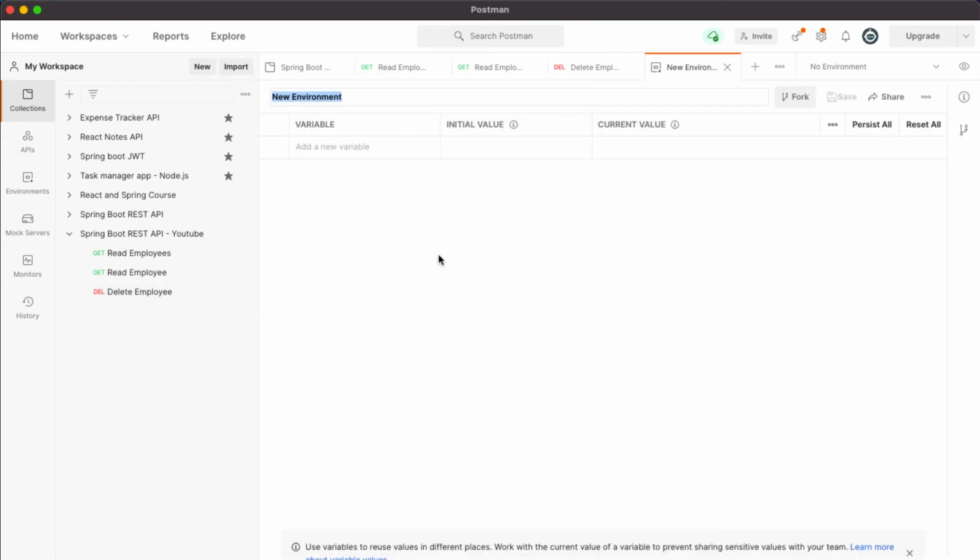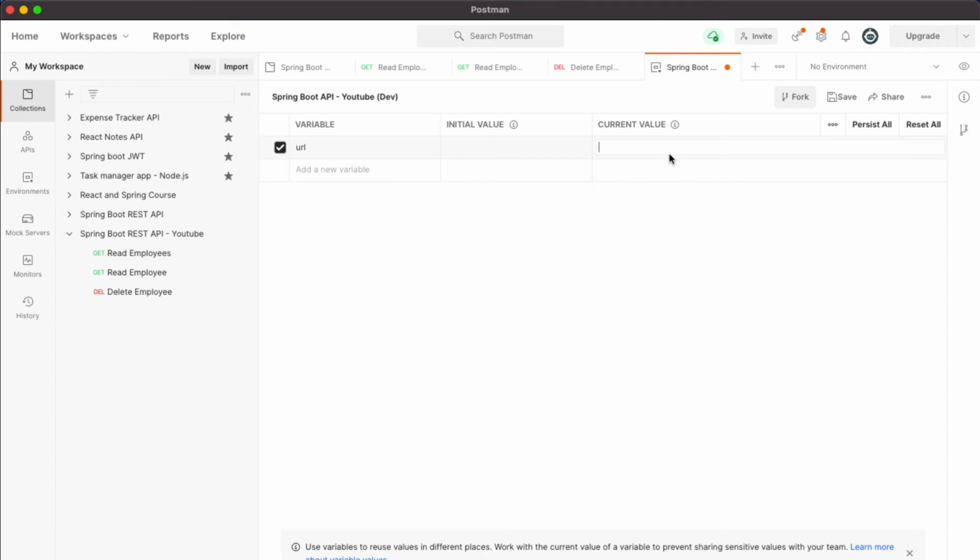We're going to create a new environment which is Spring Boot API YouTube, and this will be the dev environment, and inside this we are going to create the variable which is URL, and we can provide the initial value, but I'll just give the current value because there is no initial value as of now.